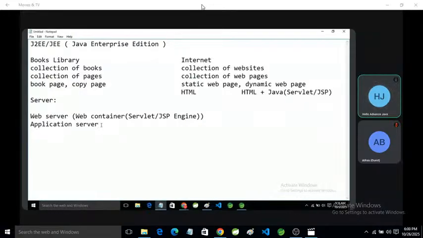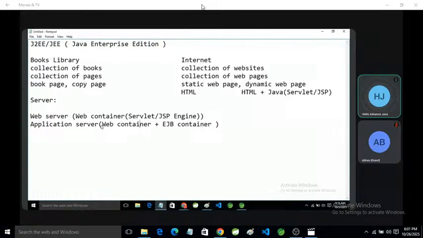Okay. Here, the application server has a web container plus an EJB container. EJB is Enterprise JavaBeans. So an application server is more powerful than a web server.